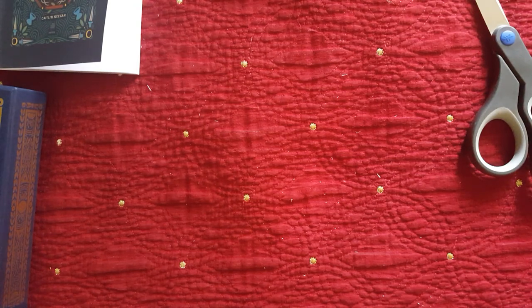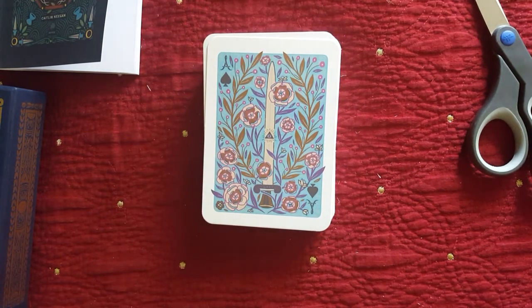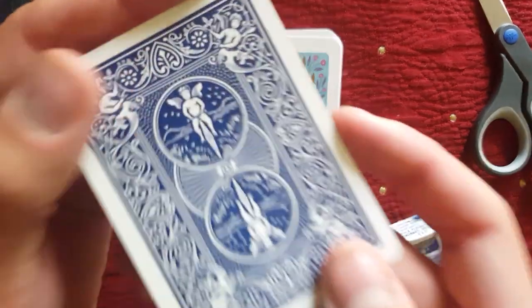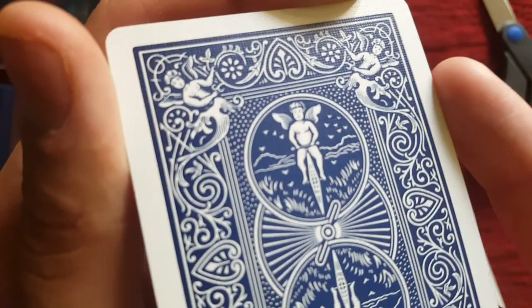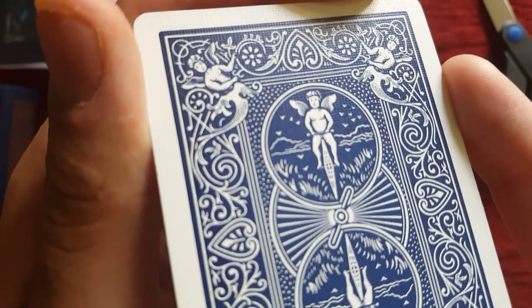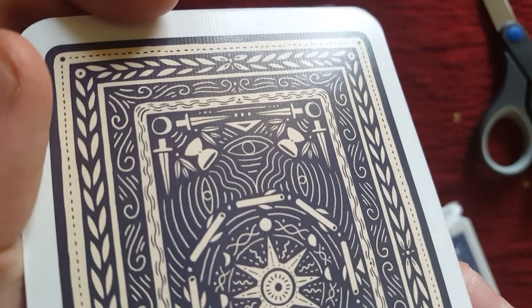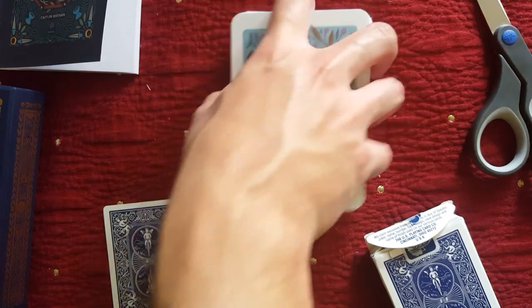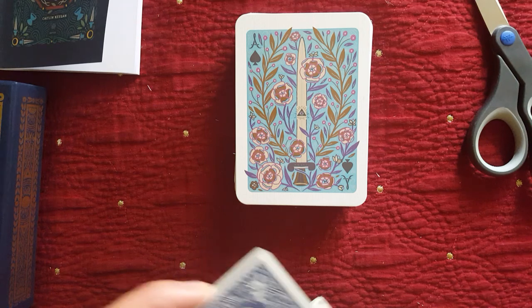Really nice. I think it does need a proper linen finish though, but I do like the lamination on it. It could be better, like typical playing cards where you get cross hatching. I'm not sure if you can see that. Yeah, you can see that there on the blue, kind of. You see that cross hatching here. You just see it as just vertical lines. So yeah, that's the tiniest of criticisms I have for this deck, but even then it's still an amazing